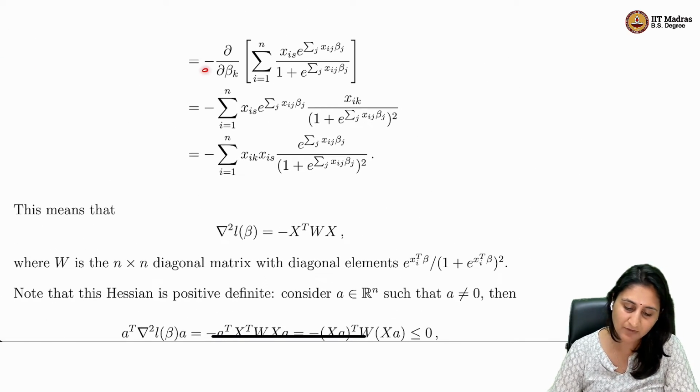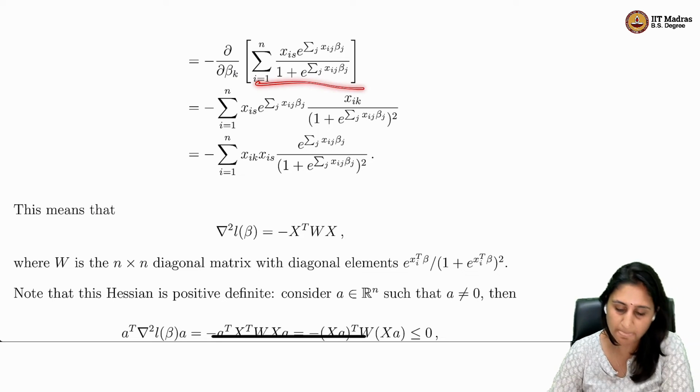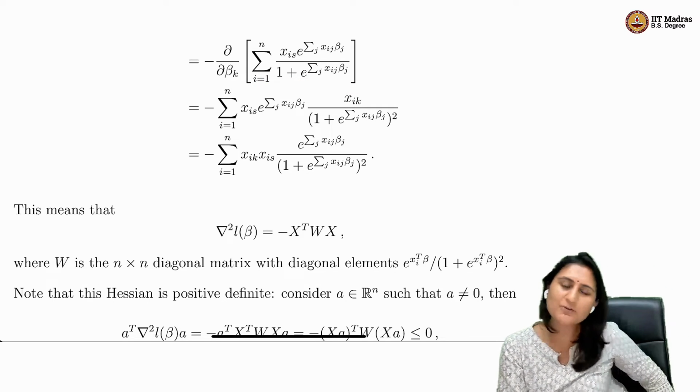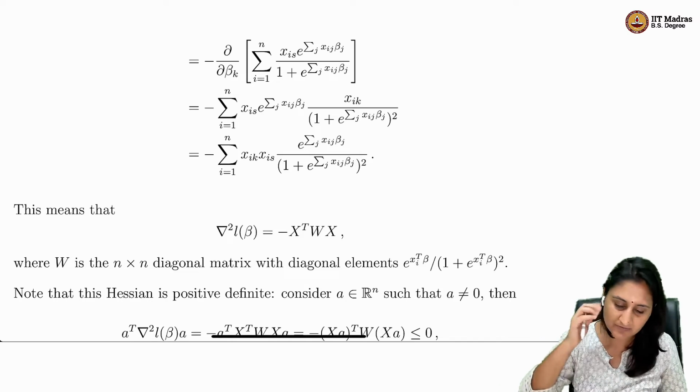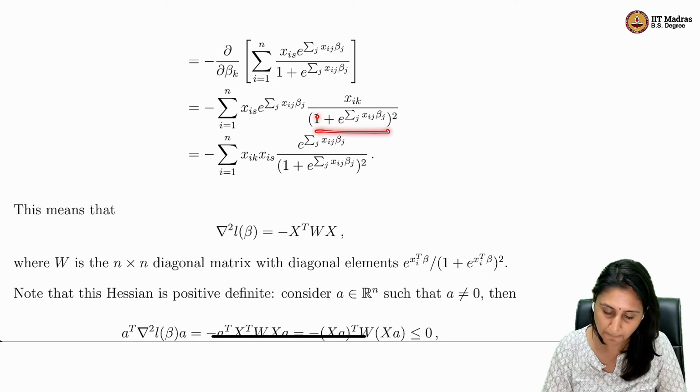So the minus comes outside. I just have the partial derivative with respect to beta k of this expression here. And now I do exactly what I've done in the previous setup: I do my chain rule, this expression comes outside, and I get 1 plus e to the power this whole thing, squared. Then I